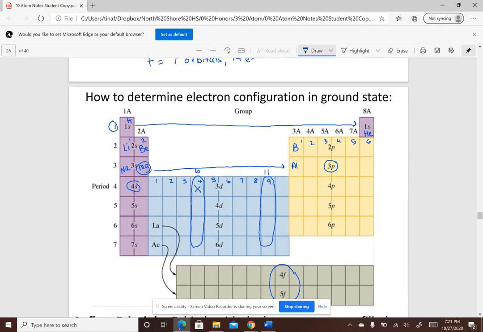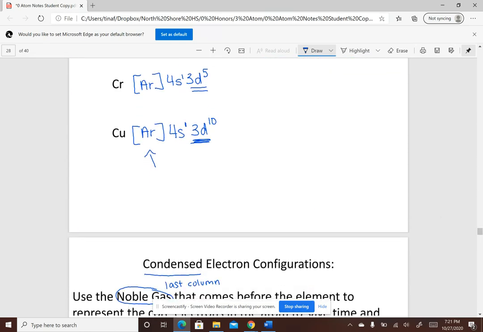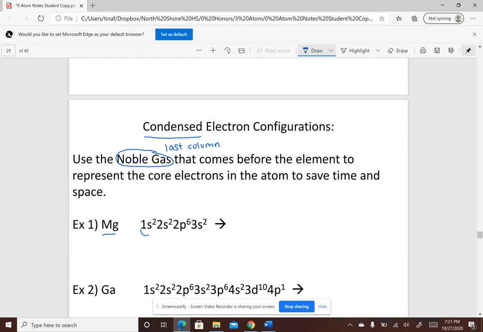is right here. So the noble gas that came before magnesium, this is my noble gas column. My noble gas that came right before magnesium is neon. So I can say, okay, all of these numbers came from neon, and then I jumped down to the 3rd shell and filled up my 3s orbital for magnesium. So instead of writing all of this out, you can just write neon in brackets and then 3s2. So it saves you a lot of time from copying all of the electron configurations until you get down to the row that your element is in.